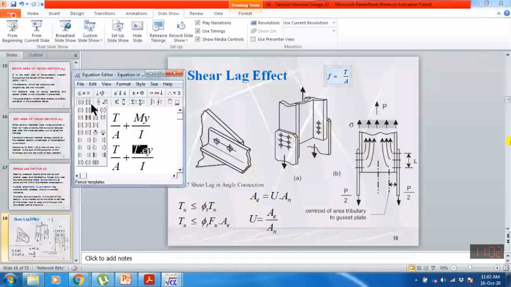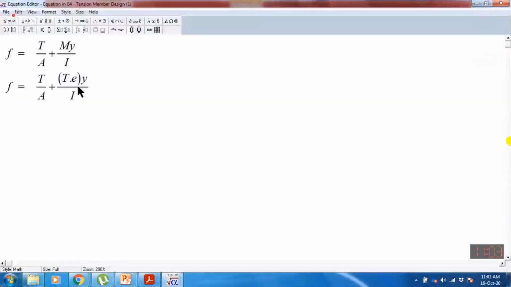So actually that will be the actual stresses, but it is difficult to compute these stresses. If the total is 100 and this part might be 25, the total stress will be equal to 100. So what we do, this value is equal to A_n, net area,